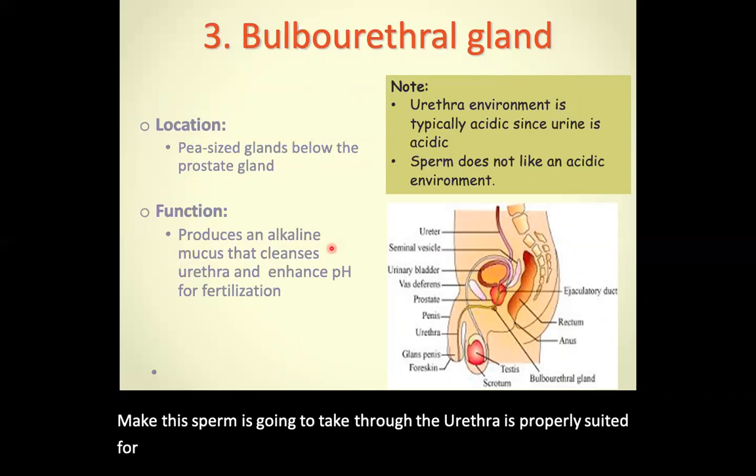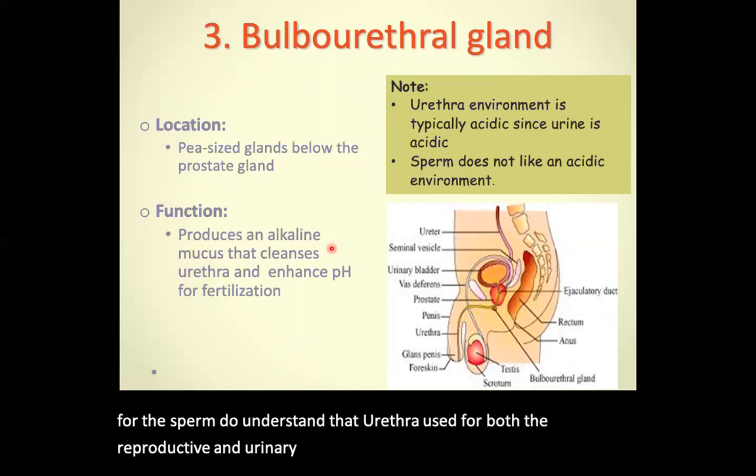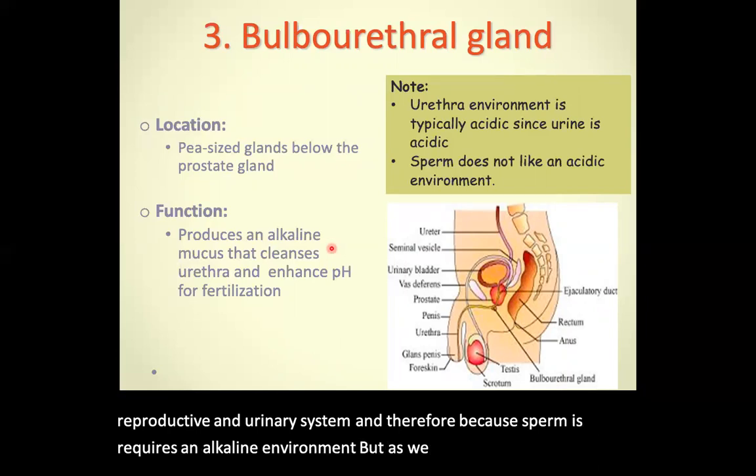Do understand that the urethra is used for both the reproductive and urinary systems. Therefore, because sperm requires an alkaline environment, but as we learned, urine is acidic, typically with a pH of about 6,